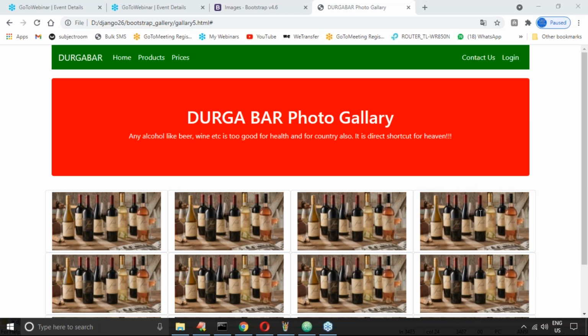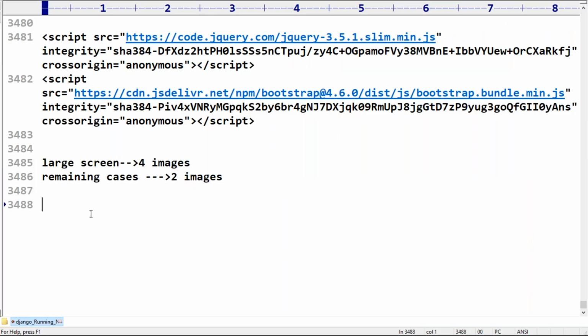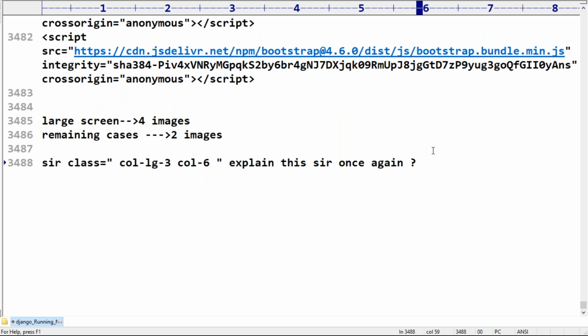Narendra Kumar is asking a small doubt. Can you please observe, sir? What is the meaning of what you are taking, col-lg-3, col-6? Any explanation required about this? On the large screen, each element is going to take 3 columns of space.